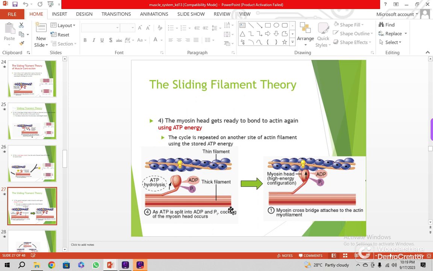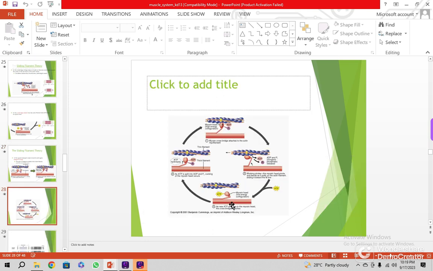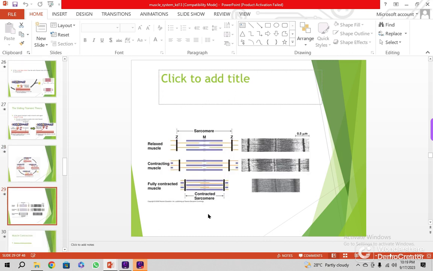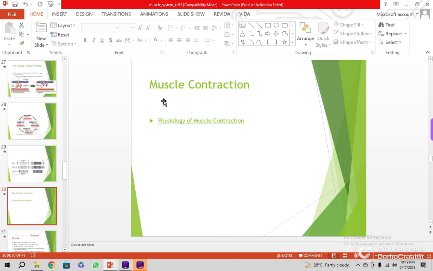तो कहाँ से बात ली थी, कहाँ पे ख़त्म हो जाती है, देखिए। ये इसी फिनोमेना को डिस्क्राइब किया जो मैंने अभी बताया कि किस तरह इलेक्ट्रॉन माइक्रोस्कोप और पोलराइजेशन ऑफ लाइट से इन्होंने लाइन्स डिस्क्राइब की हैं। तो मसल कॉन्ट्रैक्शन की फिजियोलॉजी, जिसका मैंने डिस्क्रिप्शन दिया हुआ है, इसको हम बाद में लेंगे, और फिर इसको स्केलेटल मसल के लिए कंप्लीट करेंगे। थ्योरी यही है मसल में, सिर्फ न्यूरोट्रांसमीटर चेंज हो जाएंगे, और इसी तरह कार्डियक मसल में भी सेम थ्योरी है जो हम अप्लाई करेंगे, तो वो न्यूरोट्रांसमीटर की वजह से मुख्तलिफ होती है, और मॉर्फोलॉजी के लिहाज से भी मुख्तलिफ हो जाती है, वो बाद में डिस्कशन में आएगा।